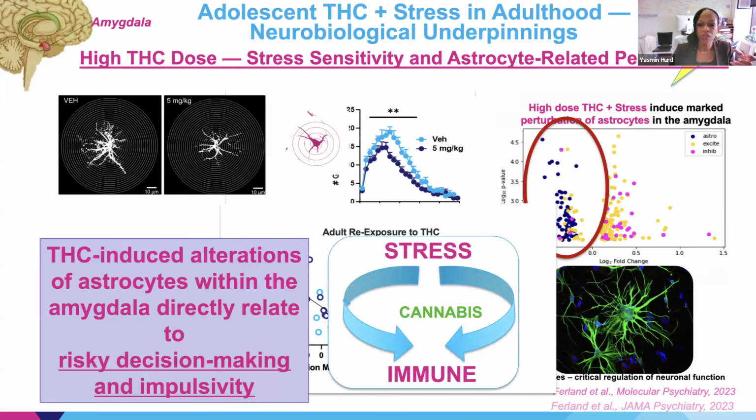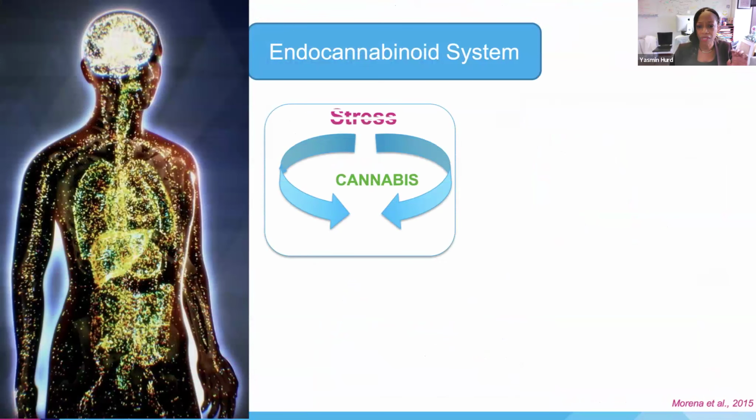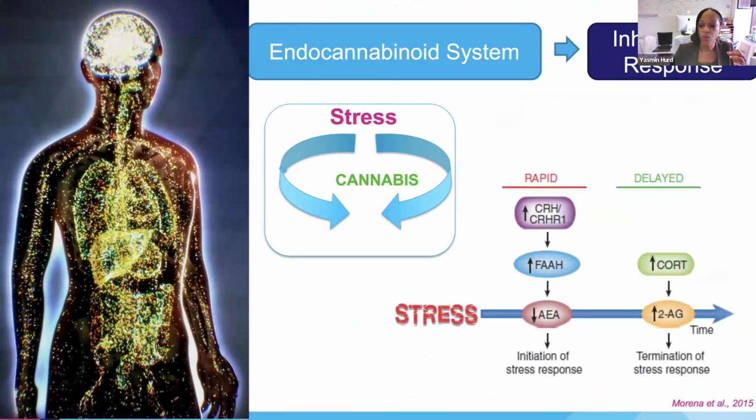We know that the endocannabinoid system, and therefore cannabis, is really important in regulating immune function and stress. When people think about the endocannabinoid system in regard to stress, it's a powerful system helping to regulate our stress response. Normally, our stress hormone can regulate our endocannabinoid ligands, and they become the brake to reduce our stress response. However, when they're chronically changed, then that brake is off.